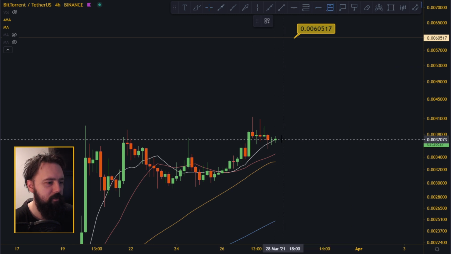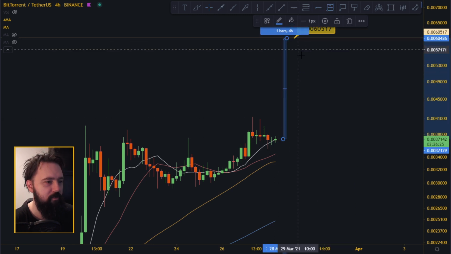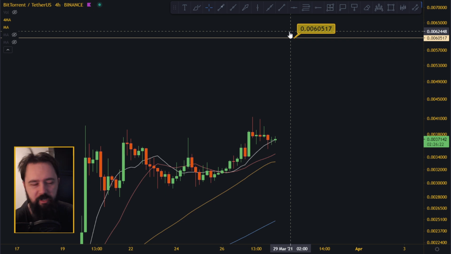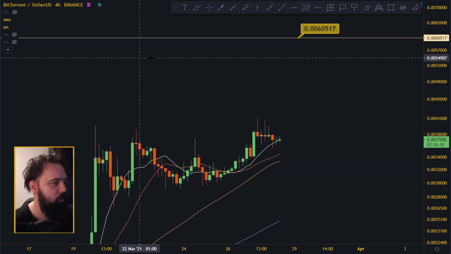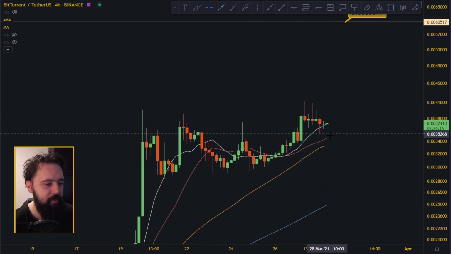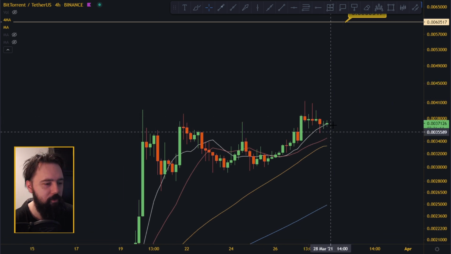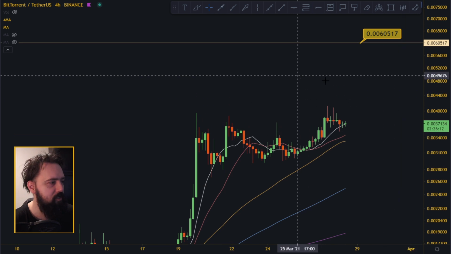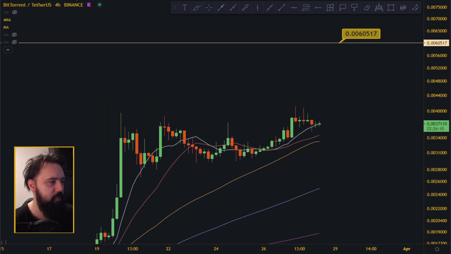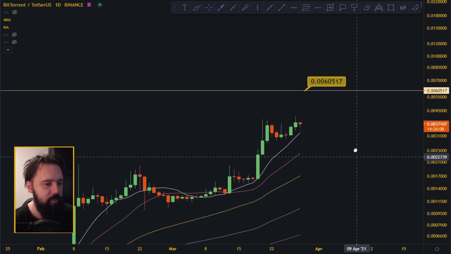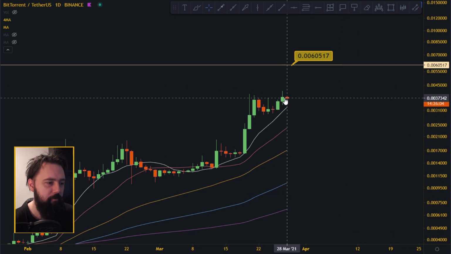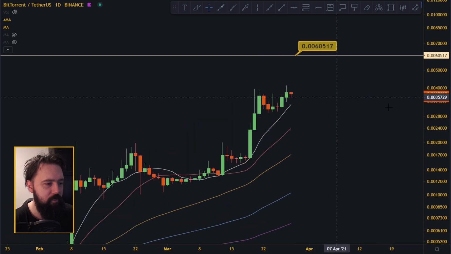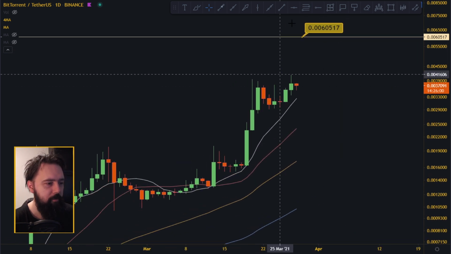So the target for right now should be around 60% gain, which is pretty decent. But this isn't all the way there. It has to move either sideways, because this is 4 hours, it has to wait for the moving averages. So let's look at how this looks on daily. You can see here that on daily we already started climbing the 10 moving average. And not only that, look on the daily. This can actually explode any time now, because we are